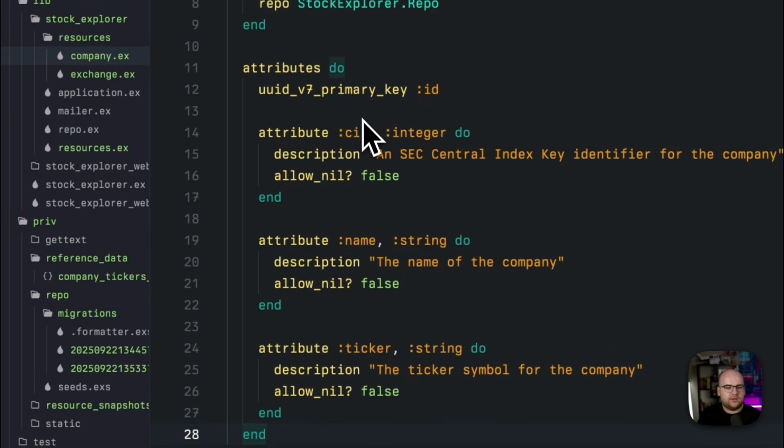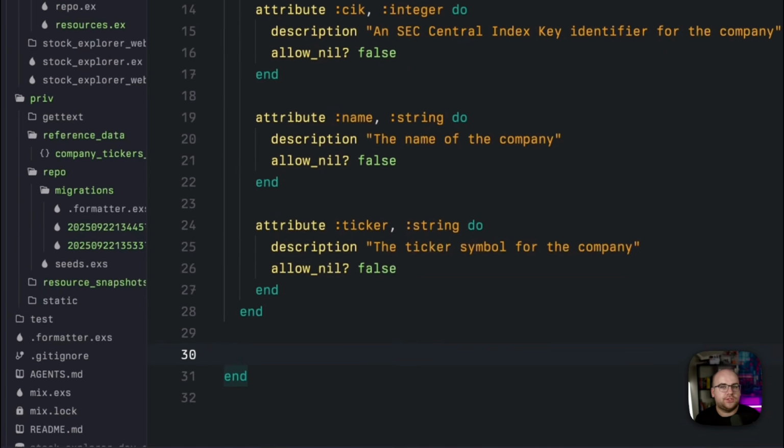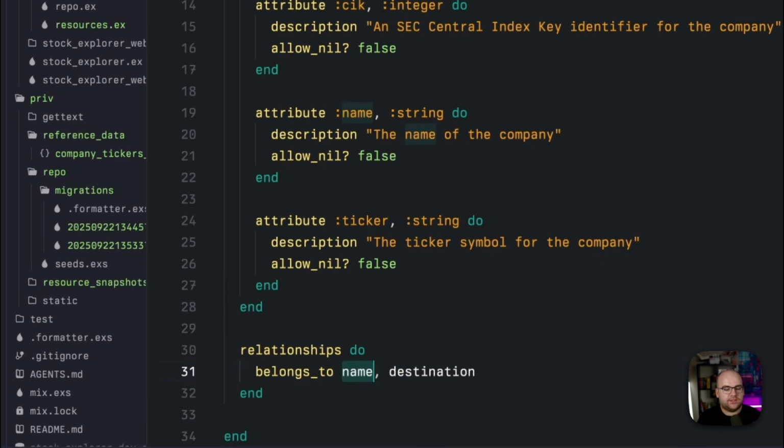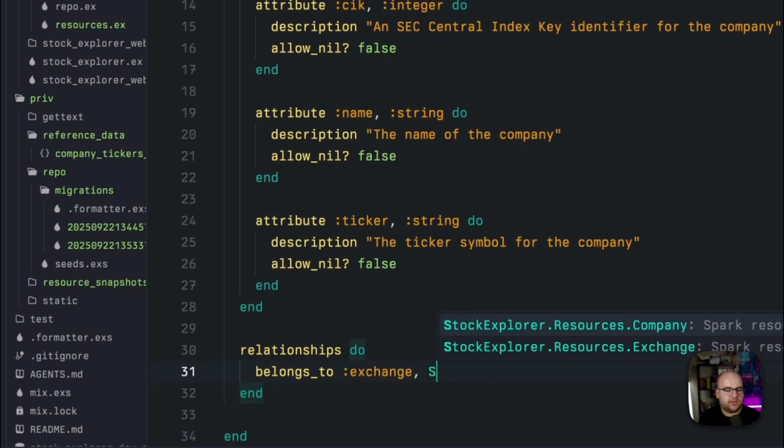We've got an ID, we've got the central index key integer, we've got the name of the company, and we've got a ticker symbol. This central index key thing is the ID that you could use to correlate to other filing data if you wanted to take this project further and scrape more of the SEC's open data set. Now, companies are listed on an exchange, which we will represent as a belongs to relationship. So under relationships, we'll say that this belongs to an exchange, which is going to be a